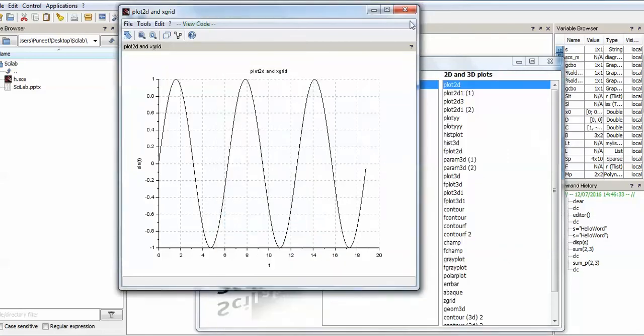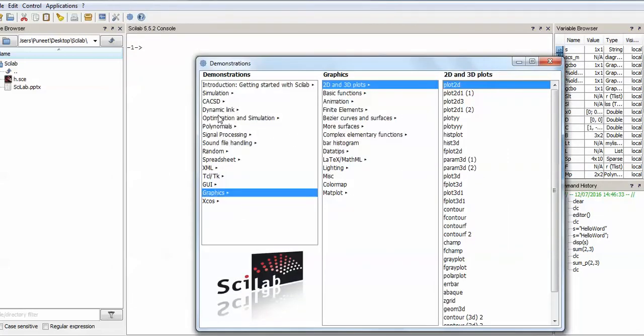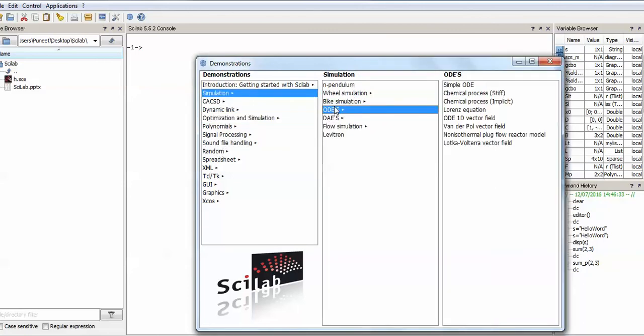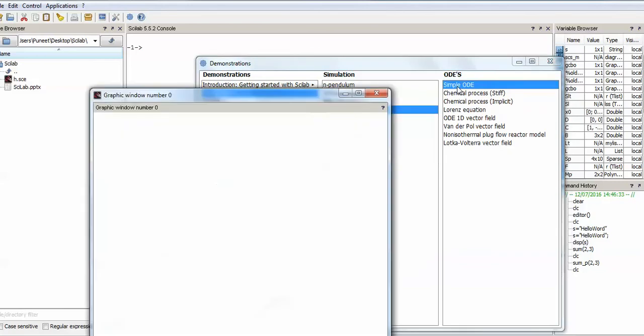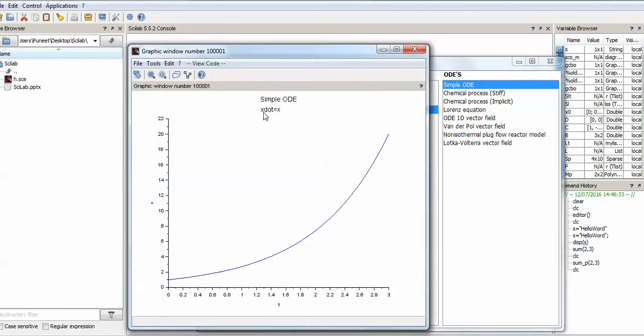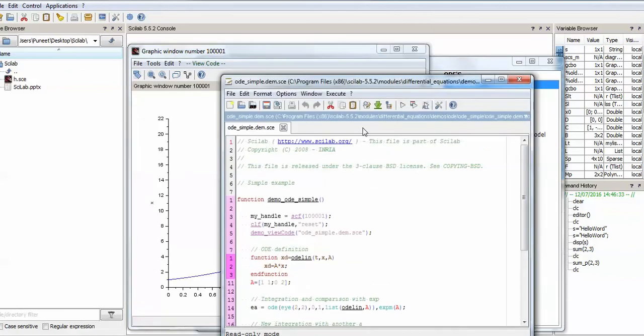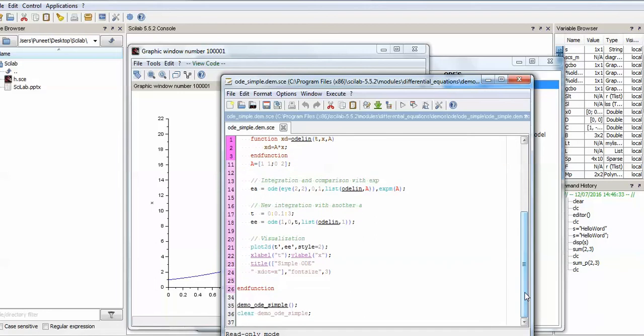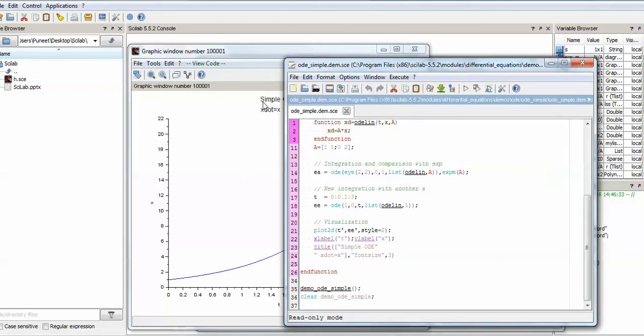Similarly for the solvers, like if you use them for optimizations, or for simulations of any ODE simulator, like if I use simple ODE, it gives the output like this, since x dot, meaning dx by dt, is equal to x. If you wish to view the code, just click on this. This is the code available here, and through this you can easily learn how you can write the plot. You can put xlabel, title here, and it will give you the output like this. So you can learn things automatically on this.